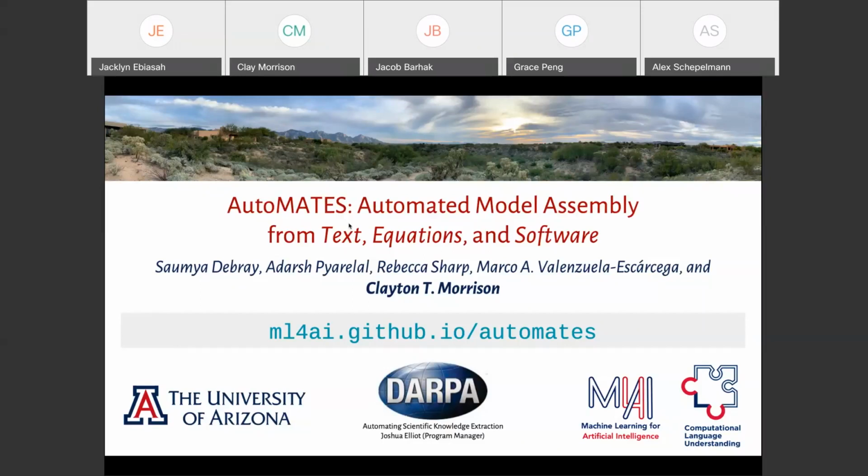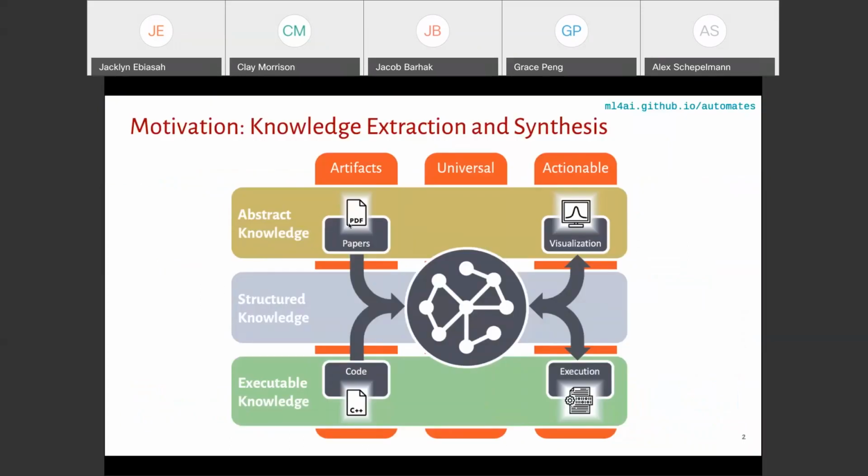Specifically for the ASKE program, this slide shows an overall picture of what the program is aiming at, which is to develop a vision of what we hope computational modeling, development, and evaluation will be like in the relatively near future. What we see here are three vertical columns. We've got artifacts, things that humans have produced about scientific knowledge in the form of scientific literature, as well as documentation about scientific concepts.